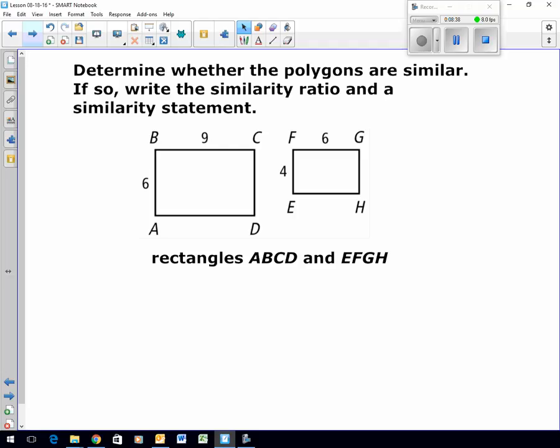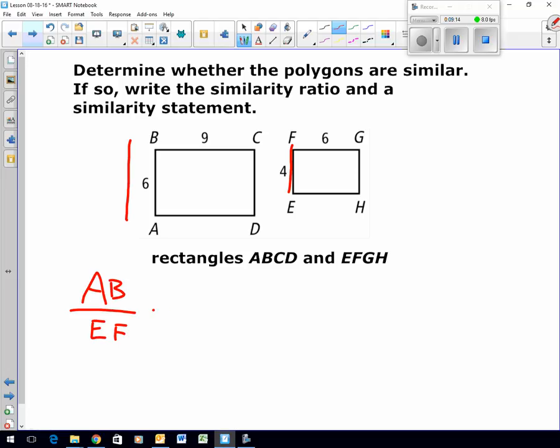All right. What's the similarity ratio thing? And what does it mean if they're similar? Good. Check it out. Rectangles ABCD and EFGH. Watch how I color these. A to B, E to F. A to B over E to F